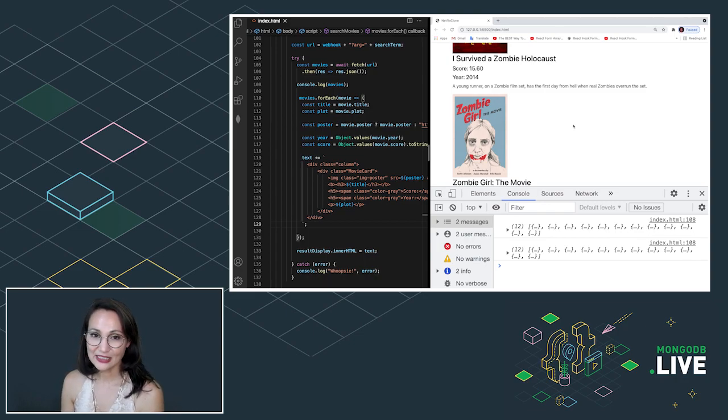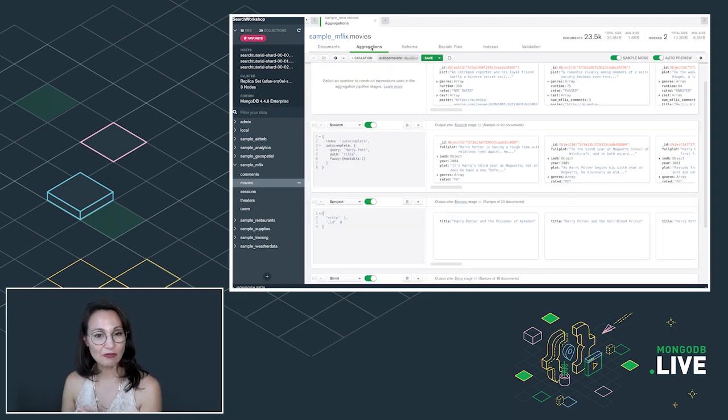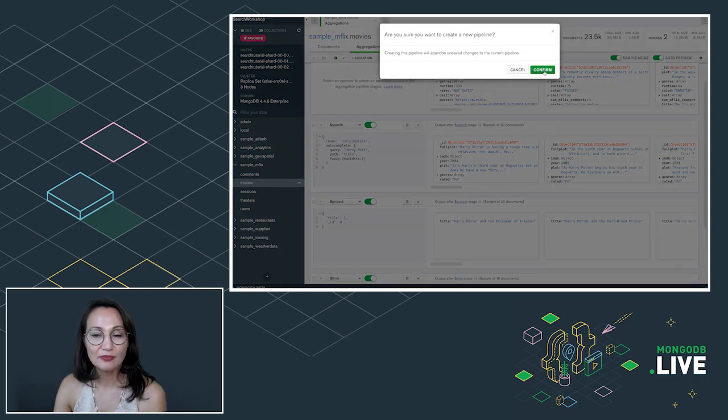But it's very easy and very quick to do. So I'm just going to show you really quickly all he had to do to give me highlights back. I'm going to use Compass, which is our graphical user interface. I like working in Compass a lot. This is hooked up to Brian's collection. And if I do aggregations here,